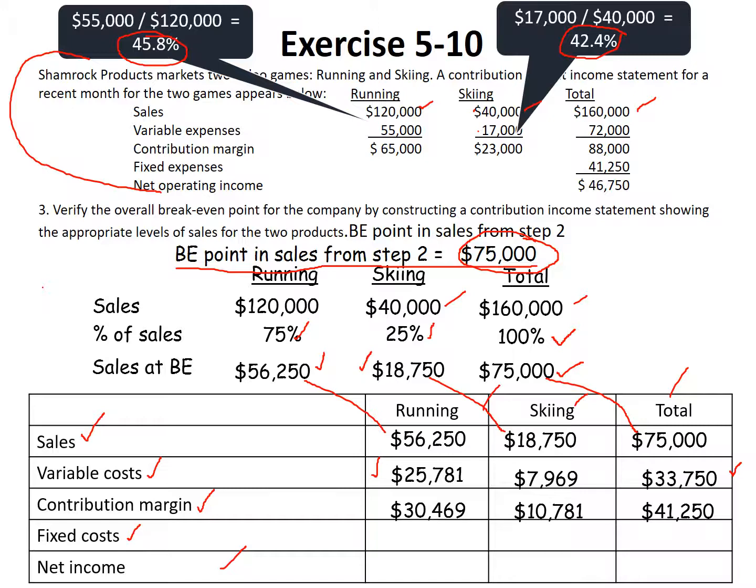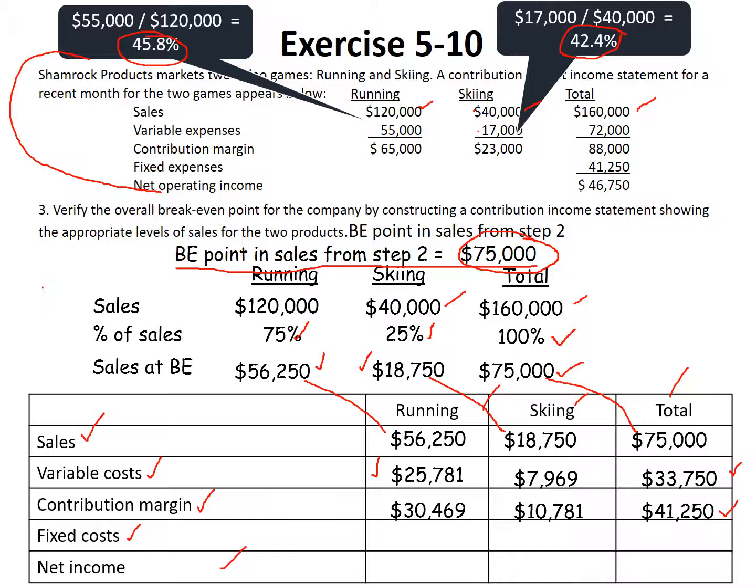And you can see I run the contribution across the page, running $30,469 contribution margin. In other words, that's the amount that's left over from my sales after I paid for the variable cost of producing and selling the unit. And the skiing line, $10,781 contribution margin, which represents the amount that's left over after I paid for the variable cost of producing and selling the skiing units. So my total contribution margin for the company is equal to